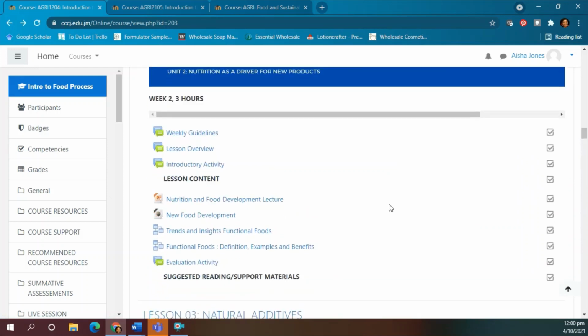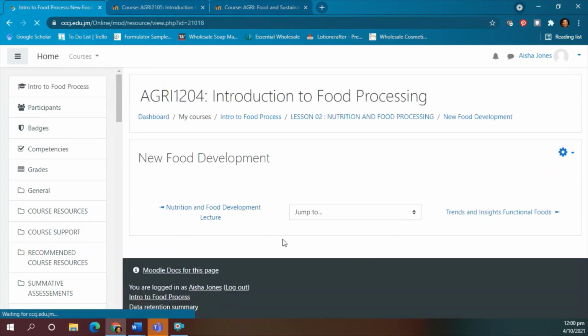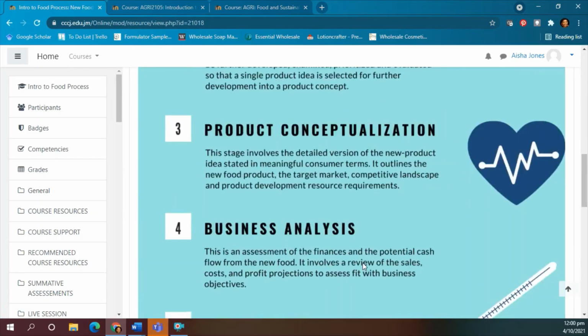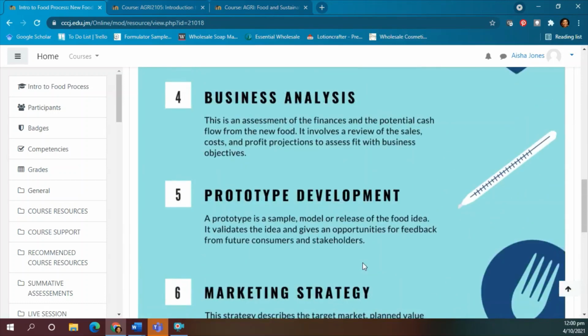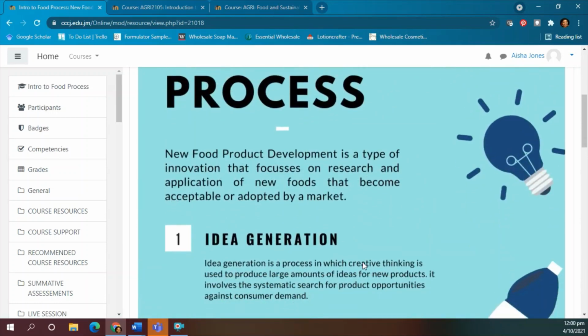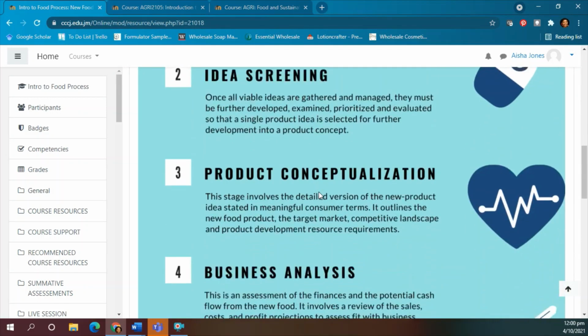So in lesson 2, here is an infographic on new food product development. And what this particular infographic does is show you the 8 steps to developing new food products or new food technologies. So it goes through step 1, idea generation, step 2, idea screening, etc. So students can, on their own, review this, do their own research, and do their own analysis,